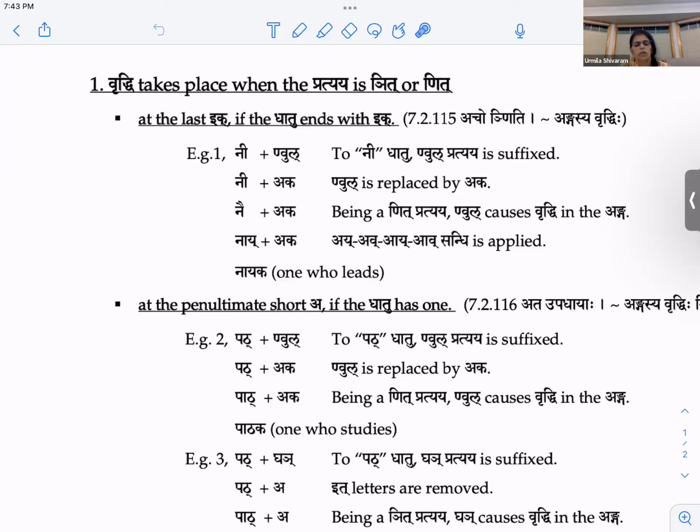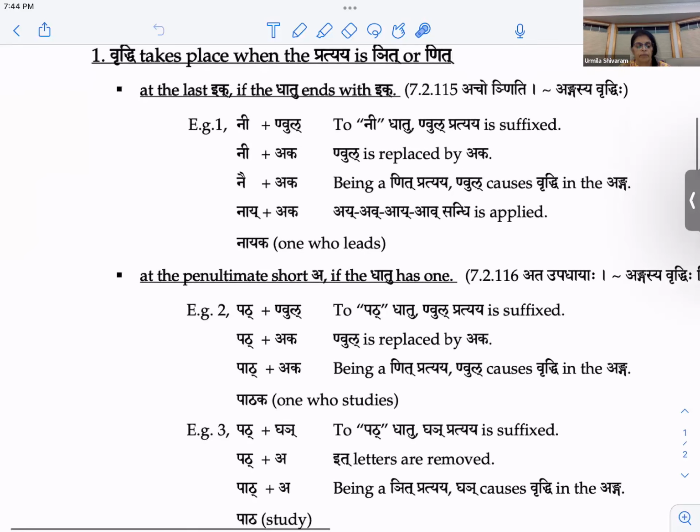Here, lakara is also it, isn't it? Correct. But that's not relevant for this, as it has no real context for causing guna and vriddhi. No, it can be anywhere in the pratyaya, as long as either of these nakaras are it, then this will happen.